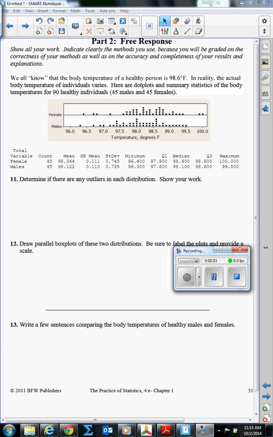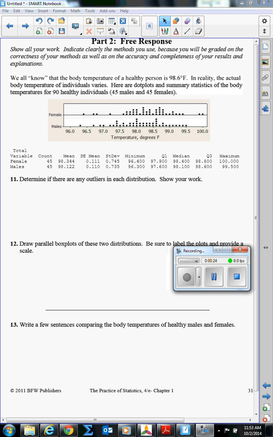Okay, this is part 2 for your response. Chapter 1 test, Form 1A, which everyone had except for a couple people. So let's get started. The first problem deals with body temperature, which we assume is around 98.6, but it apparently